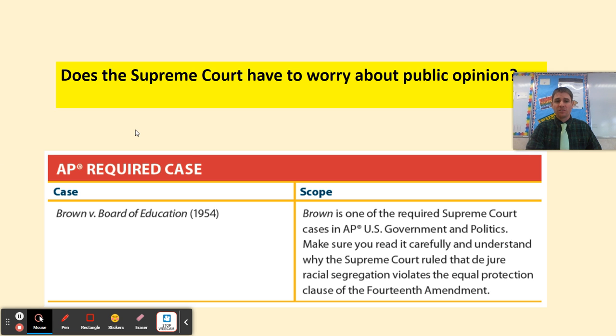Brown versus Board of Education is the big one. Know that it ends separate but equal. Know that the 14th Amendment's Equal Protection Clause was the primary issue at hand, and that schools now are to desegregate, and that'll allow public facilities to use this as a precedent to end segregation within our society. All right. Hope that helped. Remember the ADA as well, the Americans with Disabilities Act.